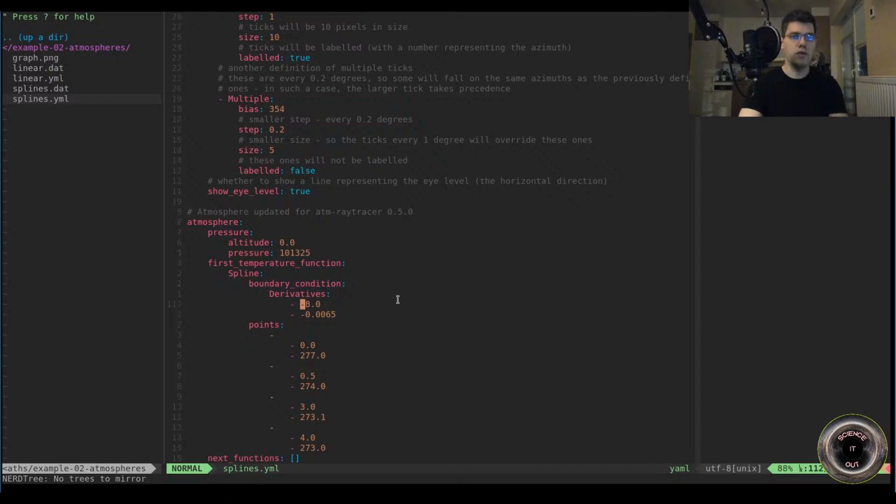One possibility is to set the derivative at these points to be some constant. So then basically you define what the initial and the final slope should be, and that already defines uniquely all the splines in between. Or you can, for example, say that the second derivatives should exist and be 0, which then means basically that it should smoothly pass into a straight line. But it might have a different derivative than here, because if you force the derivative to be some value, it is possible that actually